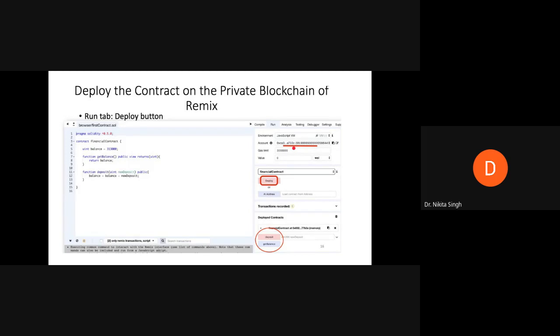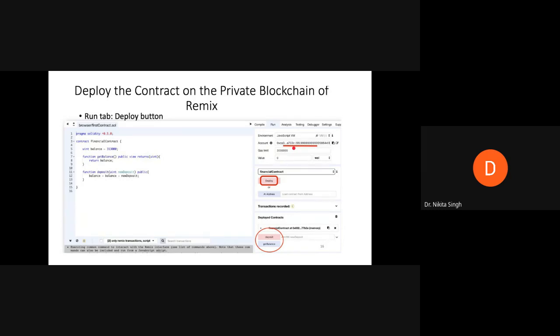The account address here specifies the address of the smart contract, and it is also the address that will be receiving ether when some new deposit is made.